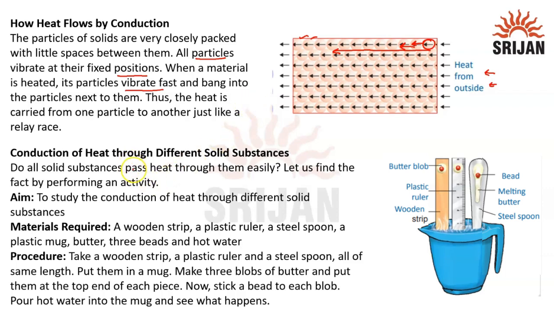Now, conduction of heat through different solid substances. We need to know how different solids allow heat to pass through them. Do all solid substances pass heat through them easily? For that we have an activity where we have to study the conduction of heat through different solid substances. We require a wooden strip, a plastic ruler, a steel spoon, a plastic mug, butter, 3 beads, and hot water. We have to take a wooden strip, a plastic ruler, and a steel spoon, all of the